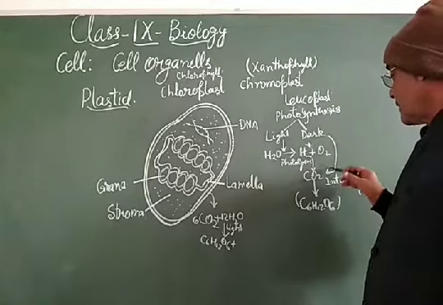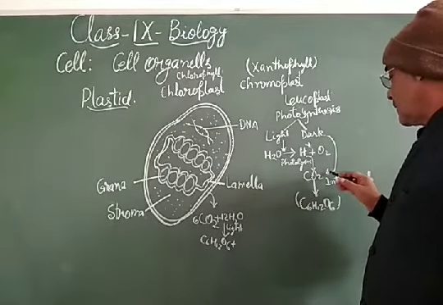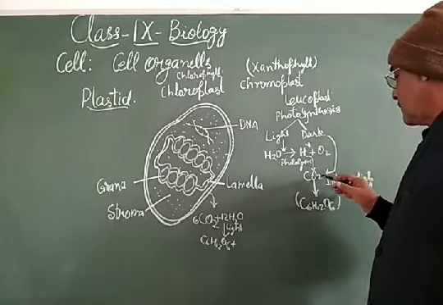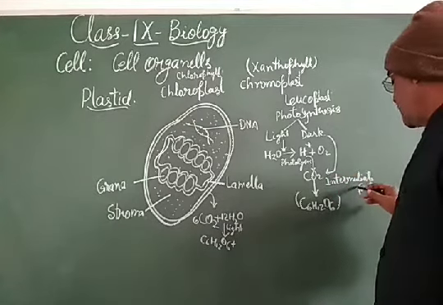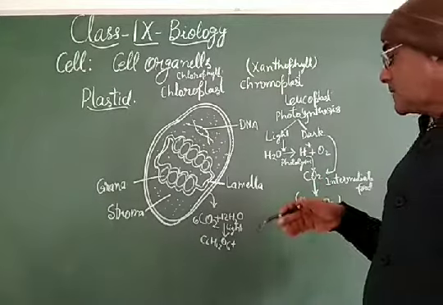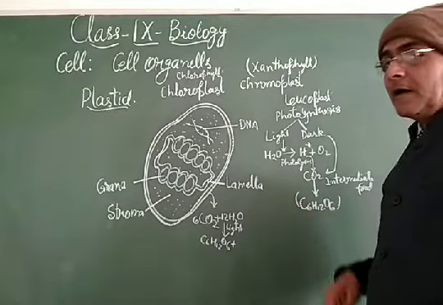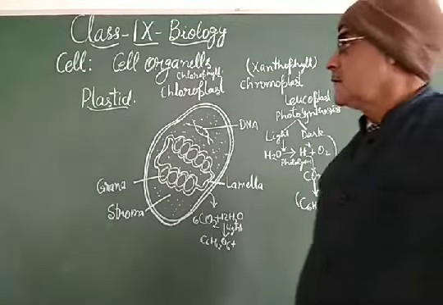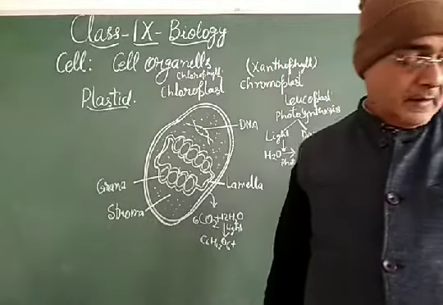In the dark reaction, in the night, when light is not available, the carbon dioxide is converted into an intermediate food, and in the daytime that intermediate food is processed into carbohydrate. So my dear students, this is all about the plastid,